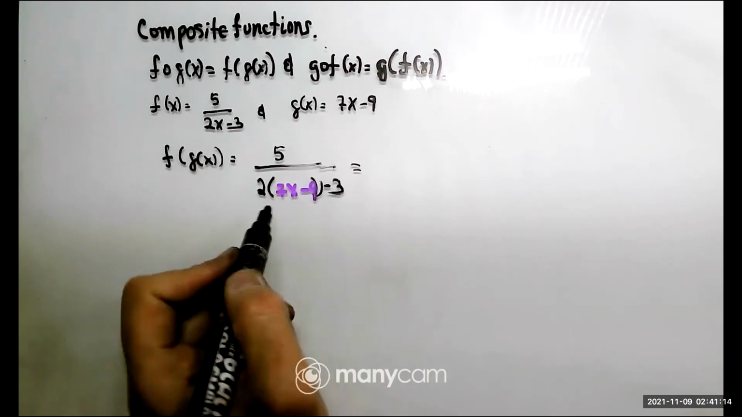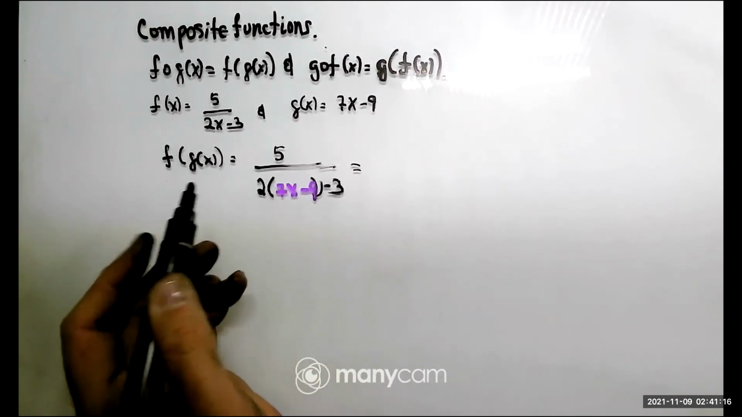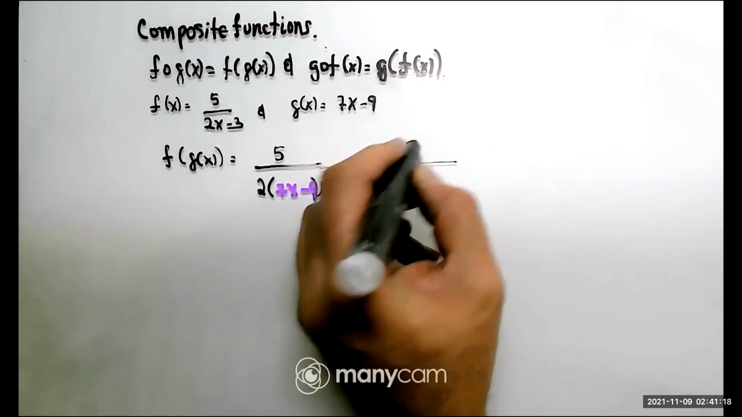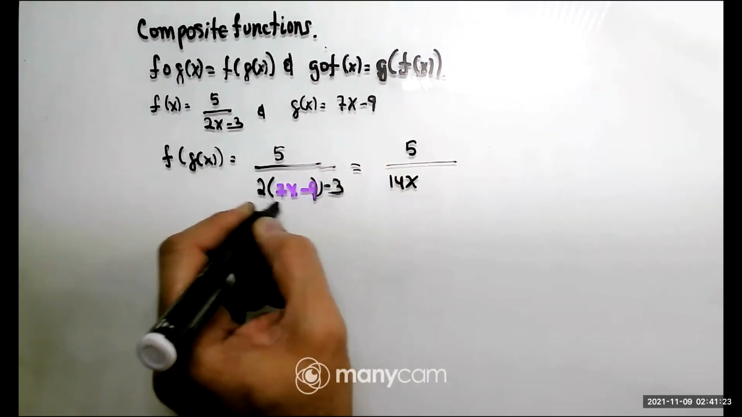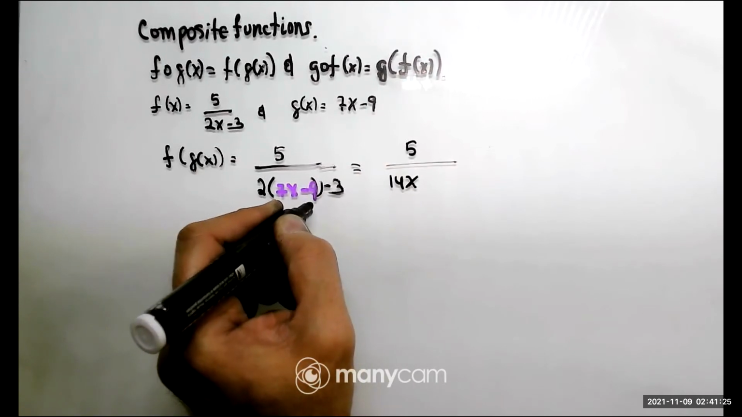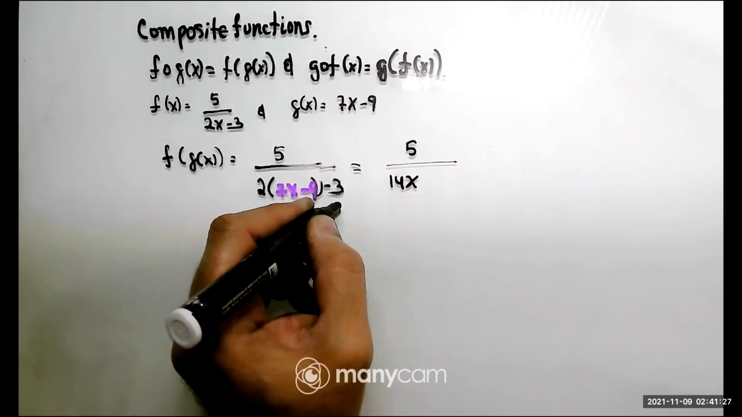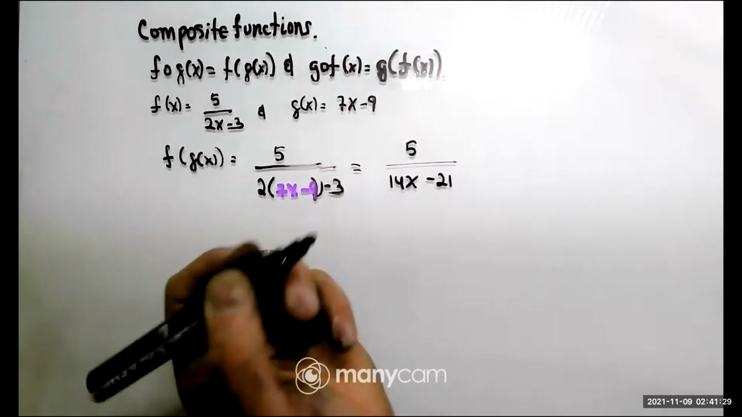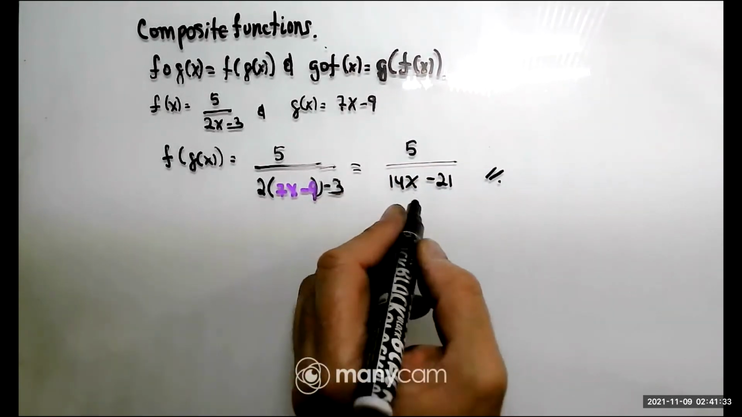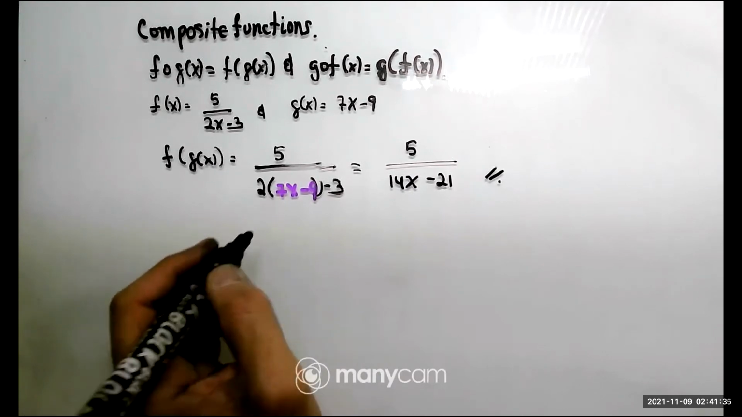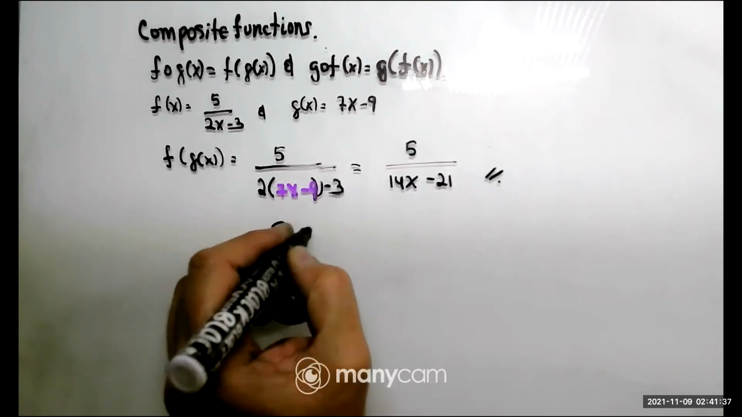Notice that I do not have a complex fraction. I just simply have 5 over 2 times 7, 14x, 2 times negative 9, that will be negative 18, minus 3, negative 21. And we are done. What about the domain? Okay, so the domain, it will be all real numbers except